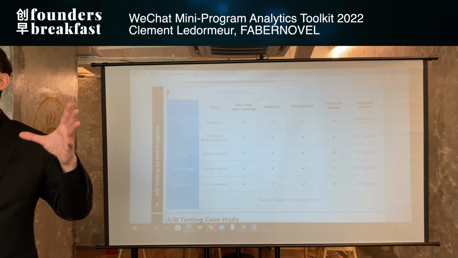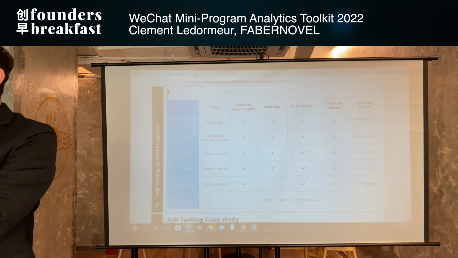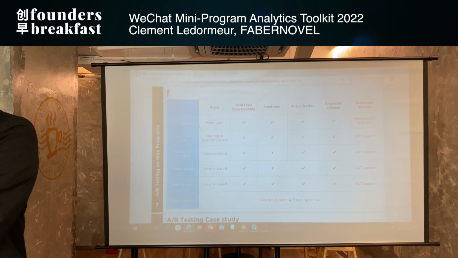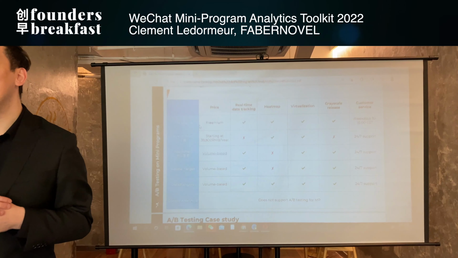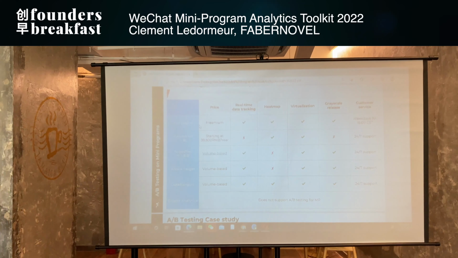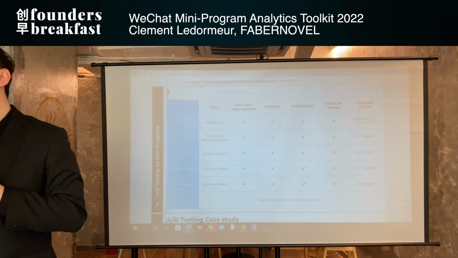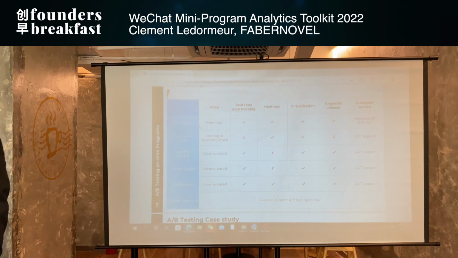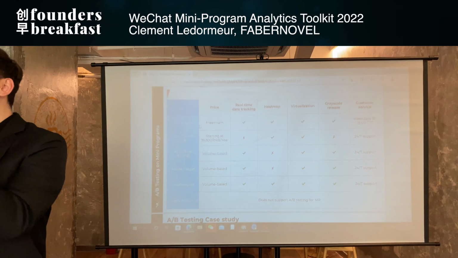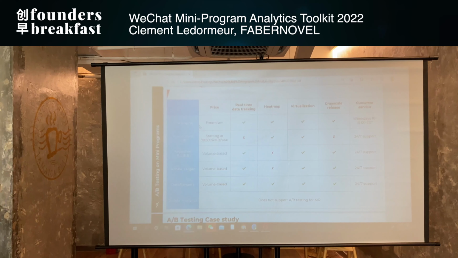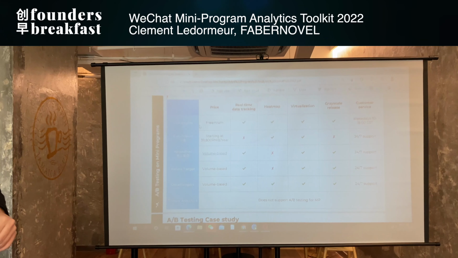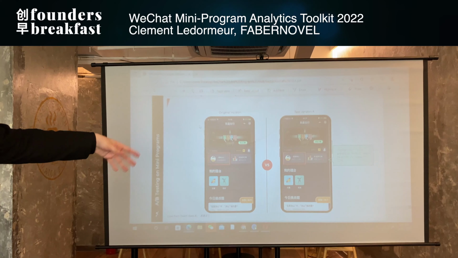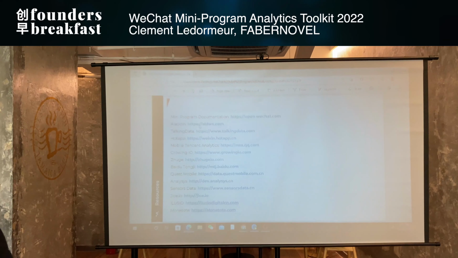A/B testing is the way of comparing page A versus page B with slight differences between them. For example, a button color can improve a conversion rate or a purchase by 20%. And just the color. I did it like 5 years ago on a booking engine website. We changed from green to red, and boom, plus 20%. So there are many ways of doing A/B testing, and these are a few examples and solutions that are available.